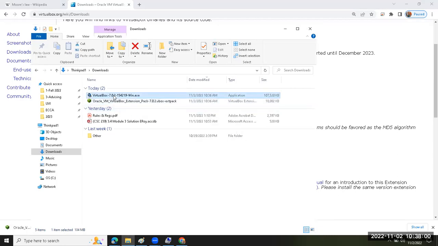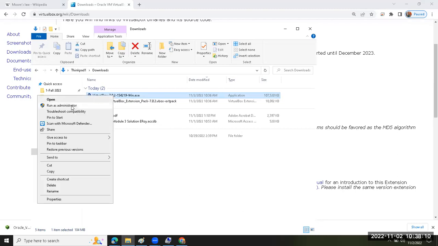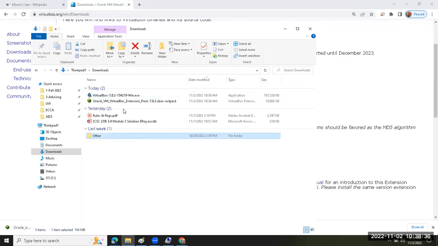Once again, the first thing you're going to do is install the VirtualBox application by selecting it with a single left mouse click, and then with your right mouse button, you're going to right-click it and run as administrator. Now you're going to want to be logged in with administrative privileges to do this. So if you happen to be using a standard user account, you'll probably want to log in with your maintenance or support or administrative account. And then in addition to being logged in with an administrative account, you also want to intentionally run as administrator here. That's going to